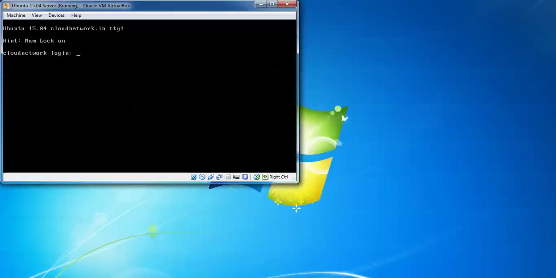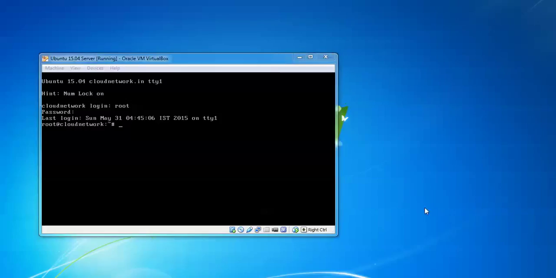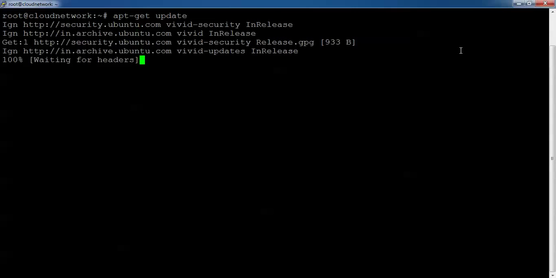Here is my Ubuntu 15.04. I am using a 64-bit supported installation. First of all, I am going to log in here as root, typing the password. I am using PuTTY here so that I can easily type the command and easily access the full command. Let us first log in as root: type su and type the password. Now let us first type apt-get update. First you need to update, then I am going to upgrade it.